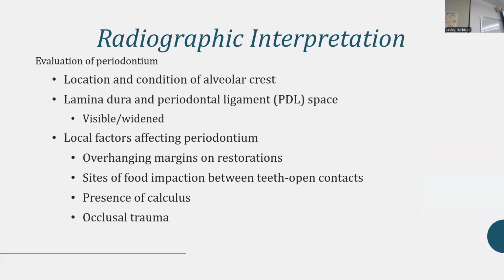Evaluation of the periodontium: location and condition of the alveolar crest, lamina dura, periodontal ligaments, is it visible or widened; local factors, overhanging margins of restorations. So you're going to look at the restorations on the teeth and the margins and see how smooth or not smooth they are. Sites of food impaction. So is a contact really open and wide, or do the contacts look pretty standard and close together? Presence of calculus, can you see calculus? And then occlusal trauma, is there a lot of wear? The teeth very flat? Are they cupped because there's so much wear,